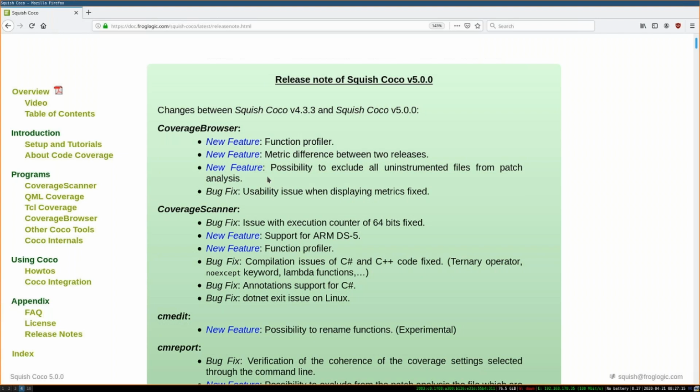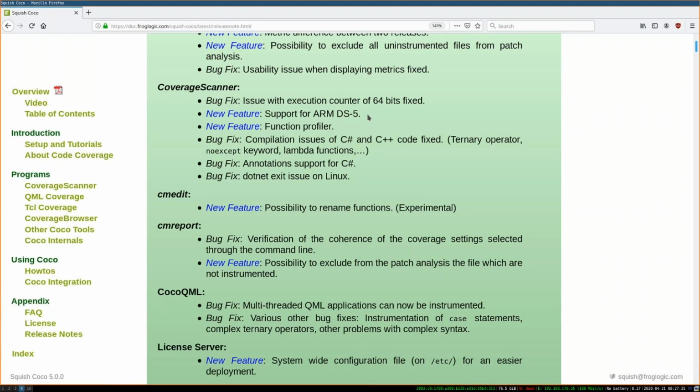But in this case, in the showcase, we were focused on the time they have been executed, and the patch analysis is basically about the coverage. Okay, so furthermore, the coverage scanner has now integrated support for the ARM compiler, which is pretty convenient, and the function profiler as well. As you already see on one of the first slides, you have the information